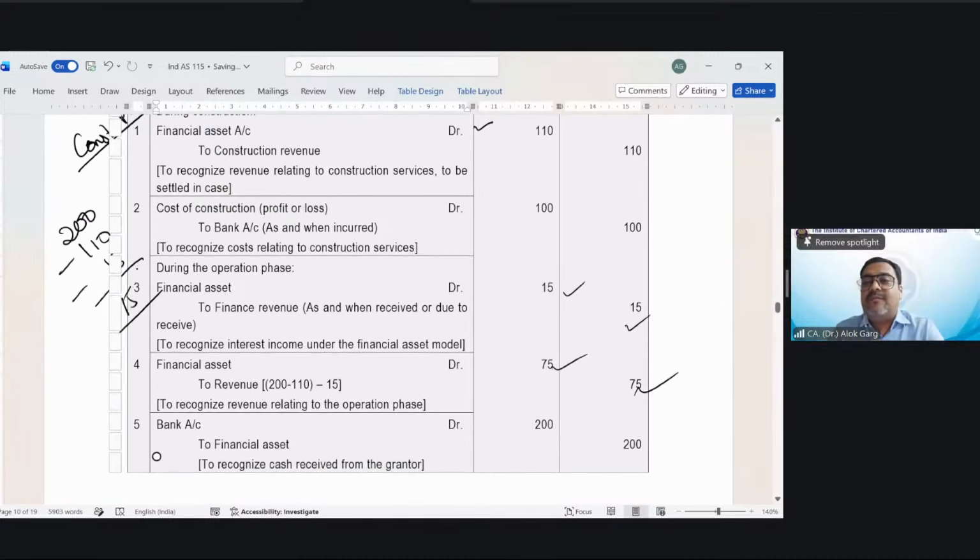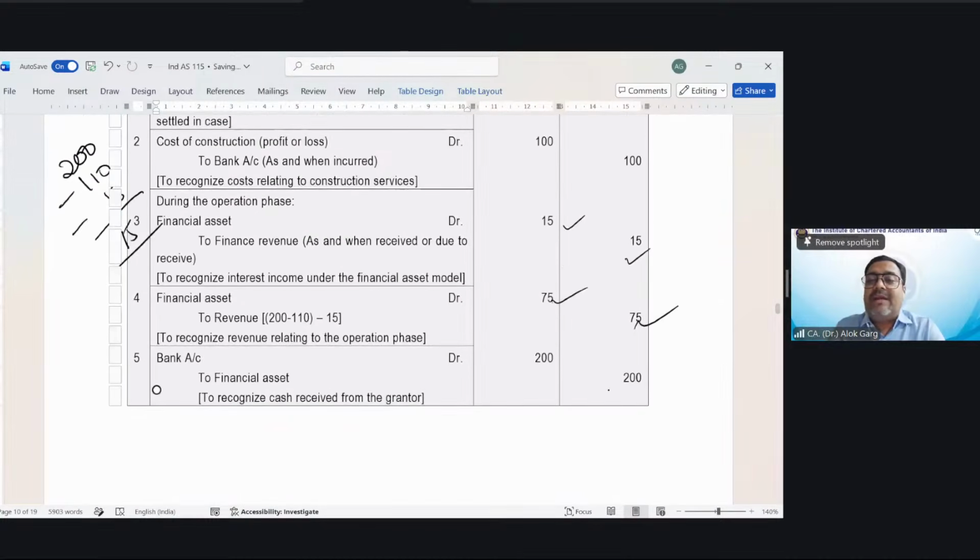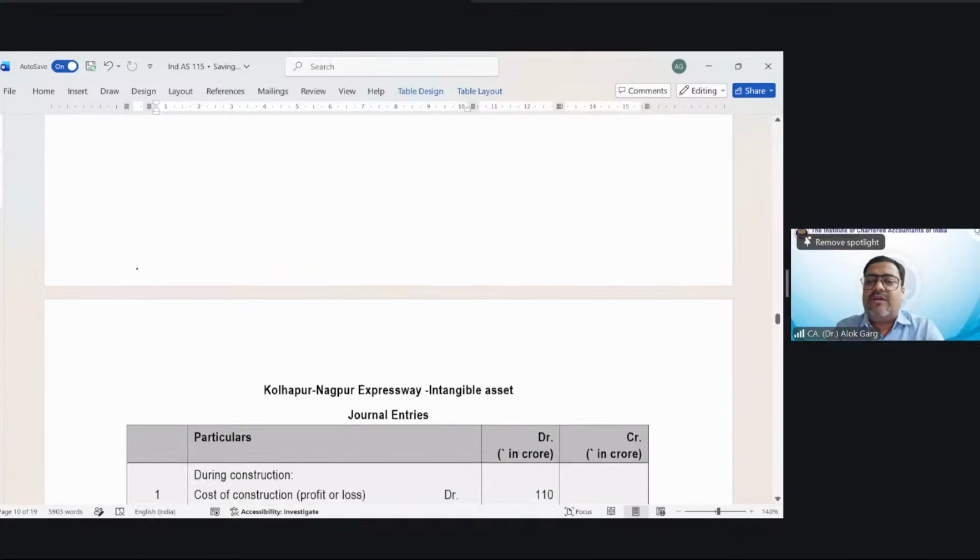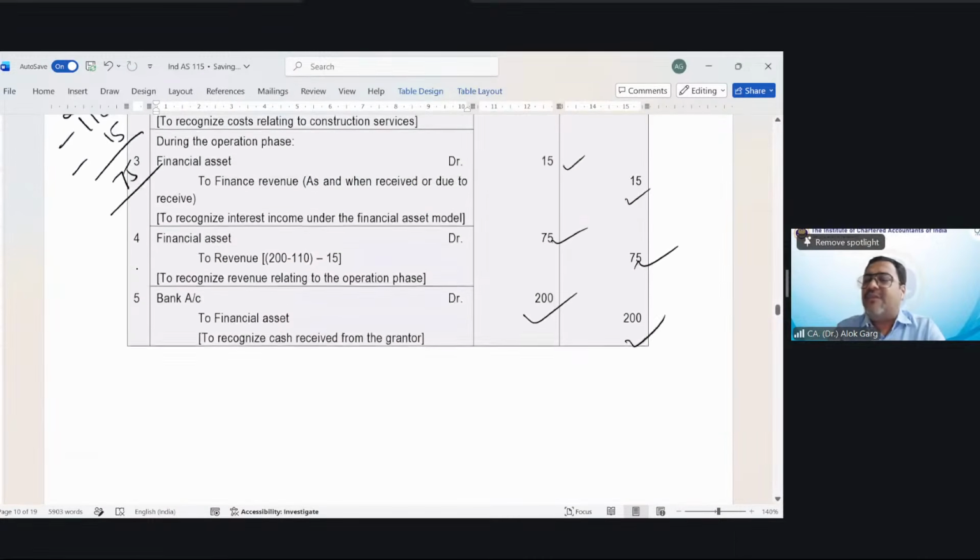Now, the next entry, bank account debit to financial asset account. Sir, if it is a maintenance revenue, don't you need to recognize maintenance cost also? Answer is yes, you have to recognize. What is the accounting entry? Since in the question it is not given, but if it is there, of course it will be there. Maintenance expenses account debit